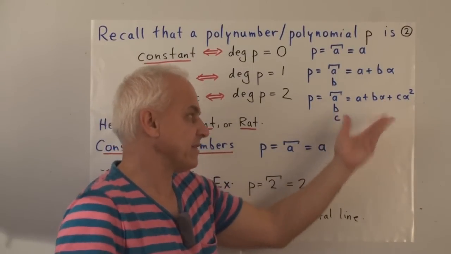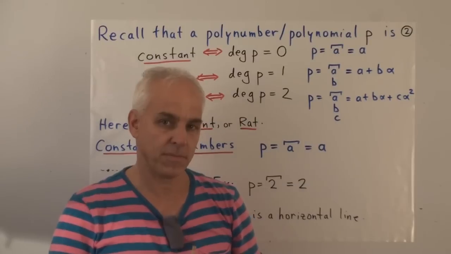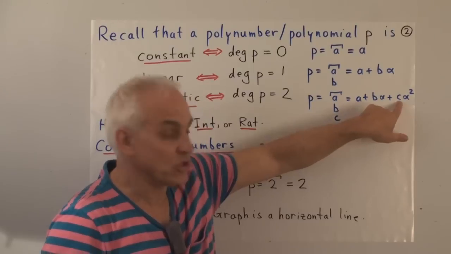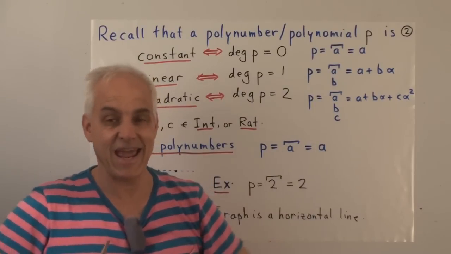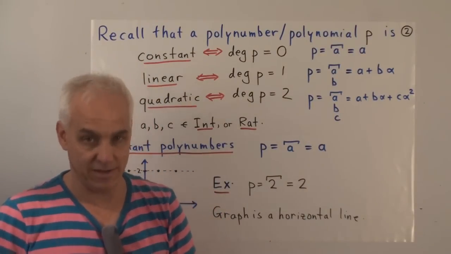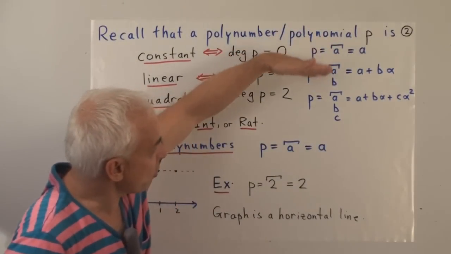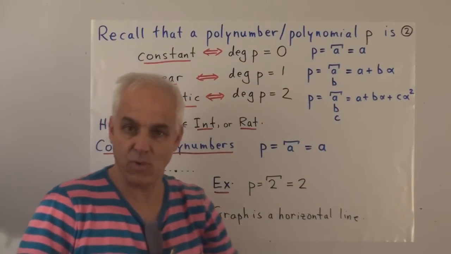So if it was X instead of alpha, we would say A plus BX plus CX squared. It's much more usual to call the coefficient of X squared A. So the usual form for a parabola is AX squared plus BX plus C. Okay, so we're reversing the coefficients because we have this orientation that the coefficient 0 term is really where we start.